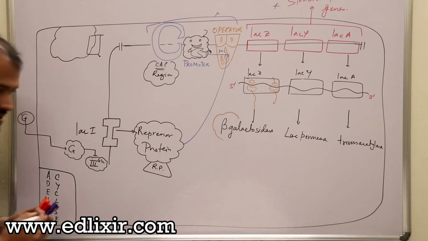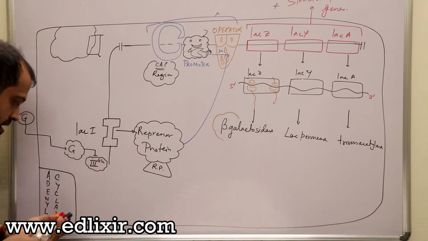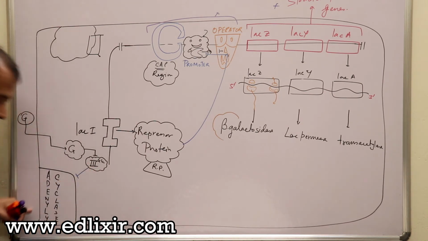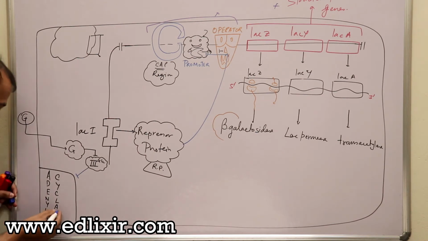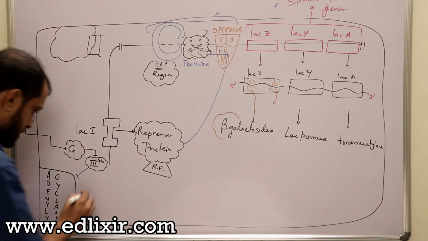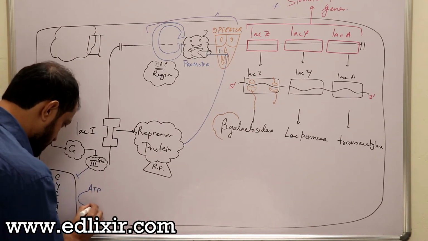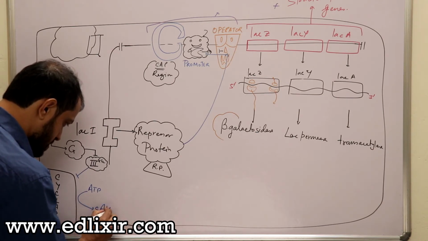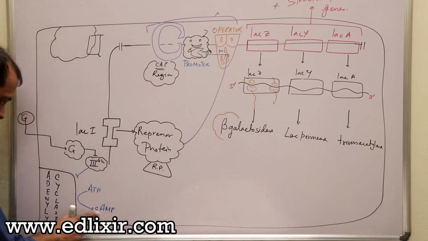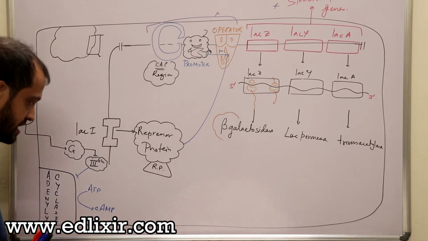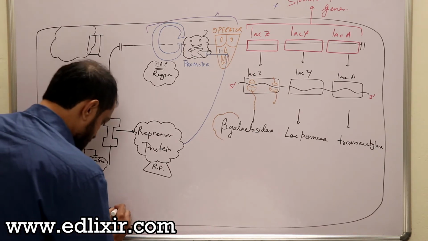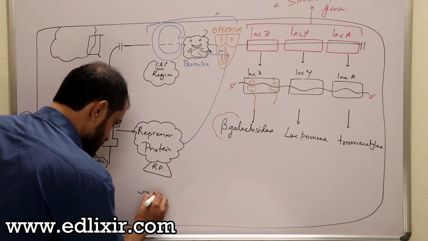Glucose inhibits this 3-GLC. Clear? Now listen. This 3-GLC actually directly inhibits adenylyl cyclase. Clear? Now listen with all your attention. Whenever adenylyl cyclase is shut off, ATP is not converted into cyclic AMP, right? Now, when cyclic AMP is not present, then in the cap region, what happens is